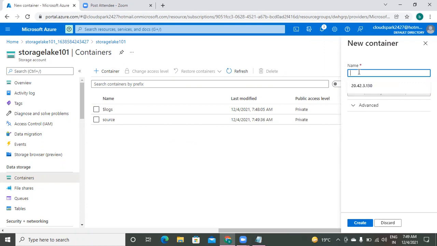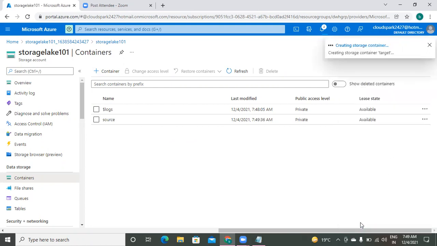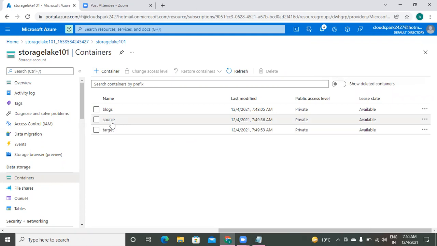This container name I'm giving as target. A simple scenario: I will keep my raw data in the source container. After that, using ADF, I want to transform some data. And then finally, I want to write into target.